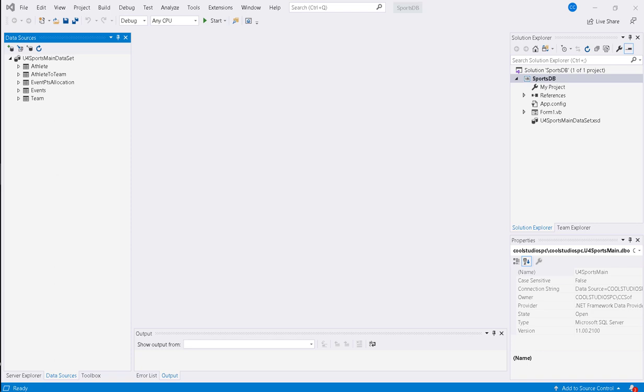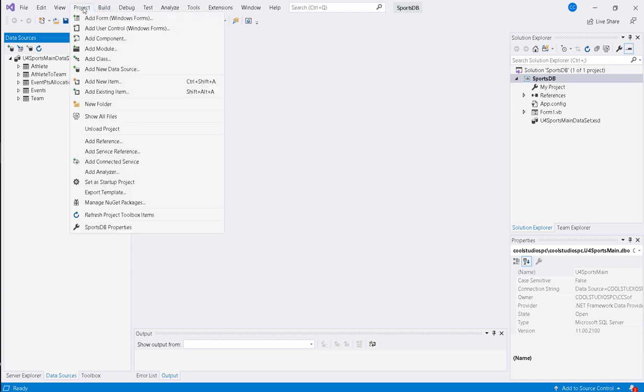In this lesson, we're going to learn how to create a new form and include some controls, which I'll explain more about very soon, on the form to make a completed form. What we'd normally do to create a new form would be go to Project, Add Form, and create our form